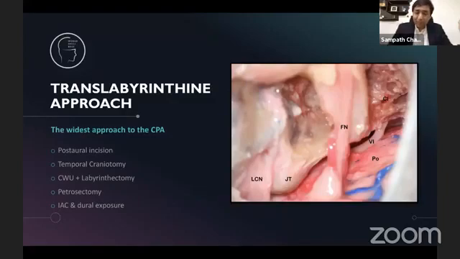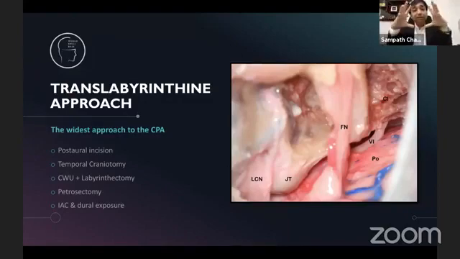When done properly, and if you follow the techniques that I'm going to describe, it is one of the widest approaches. There is no tumor that cannot be removed with a translab transotic, because the transotic is an extension of the translabyrinthine approach. So with the translab transotic combination, there is practically no tumor of the cerebellopontine angle that cannot be removed. Now if the tumor is going further medially, let's say a spheno-petroclival meningioma, which is in the CP angle, you can drill the bone further, do a little bit of rerouting and business to get into the deeper parts of the petrous bone and the prepontine system.